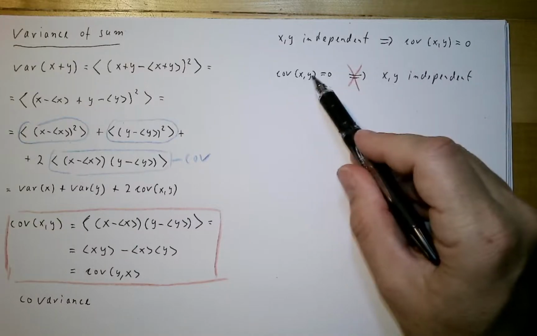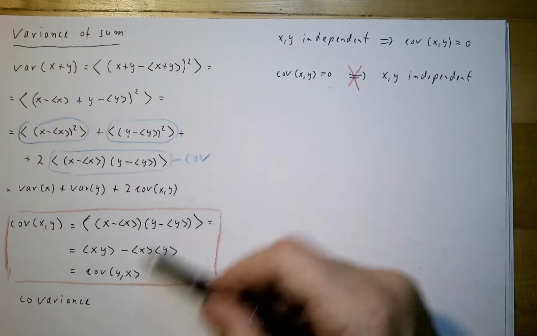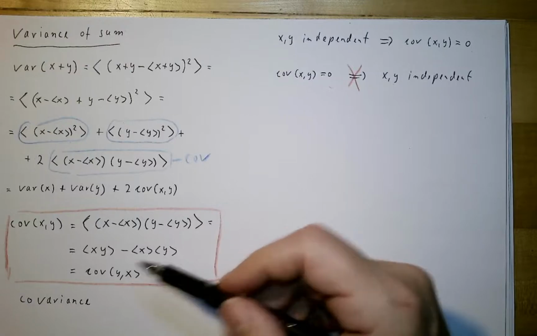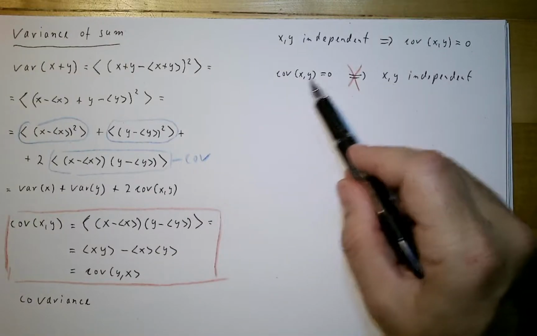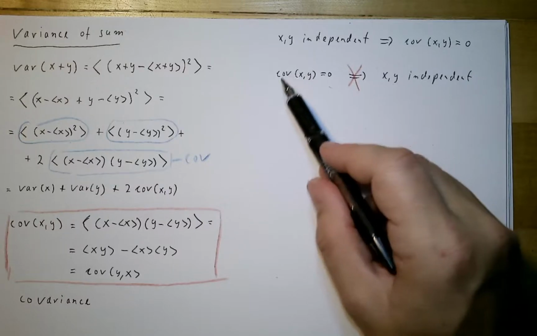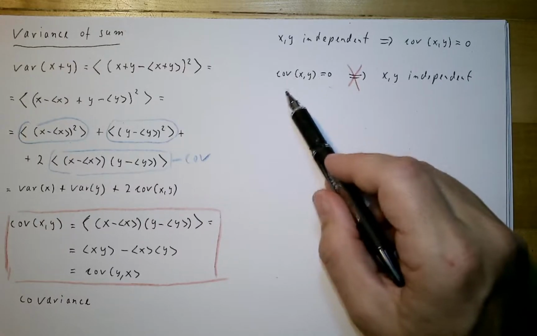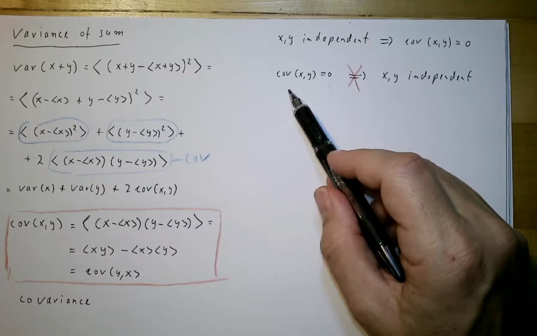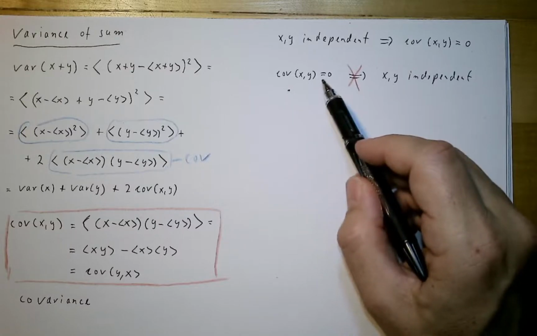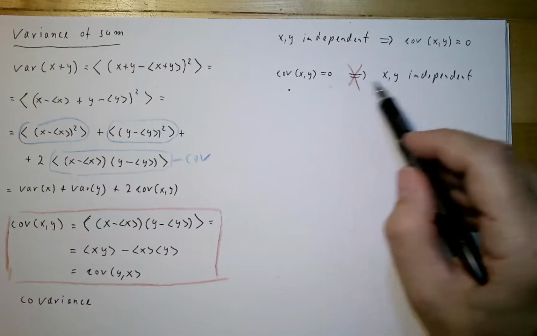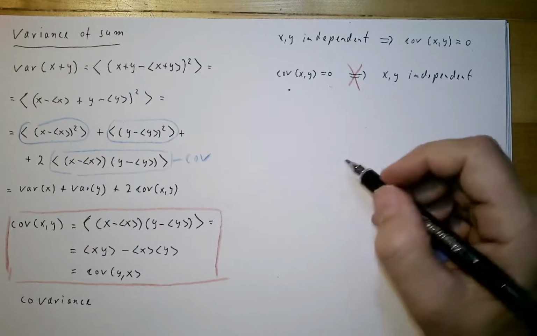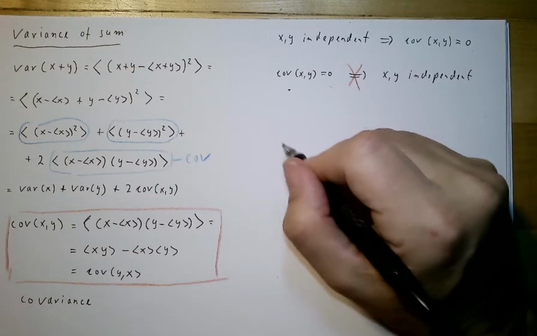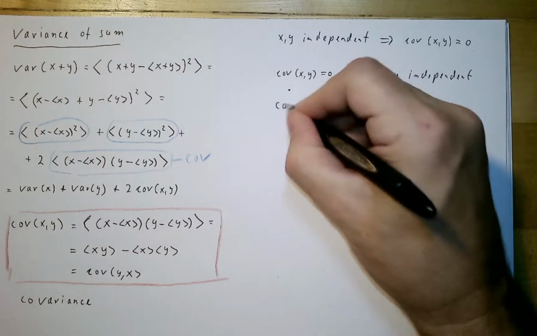The covariance is something we can easily compute. It's just an expectation value. So if we want to know if two random numbers have something in common, we typically calculate the covariance, also when we analyze data. And then if the covariance is 0, our intuition says, oh, they're independent. But that's not true. So very often we say in science, correlation